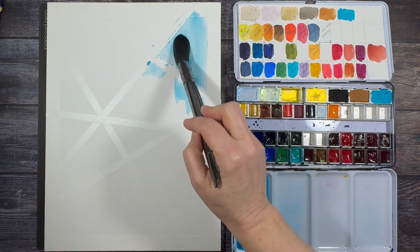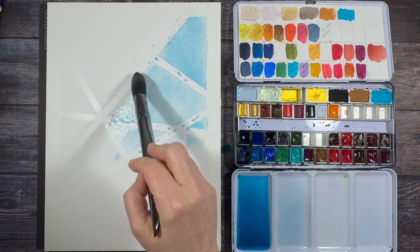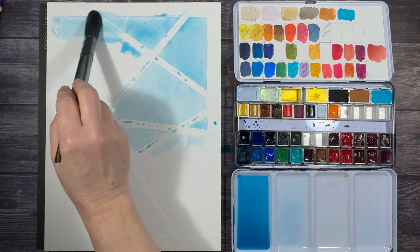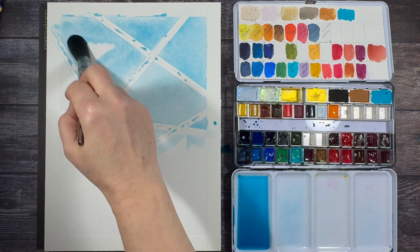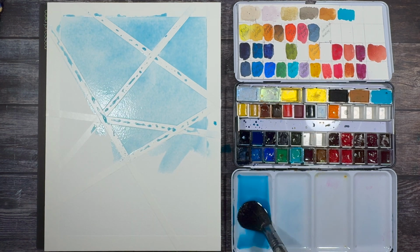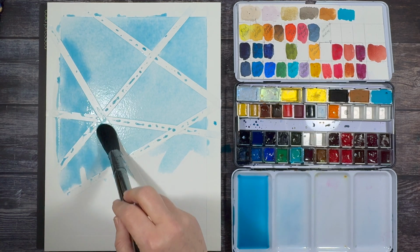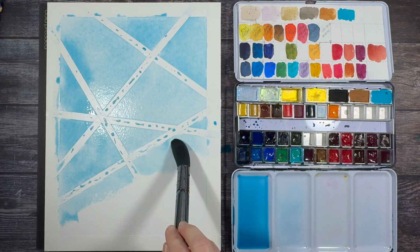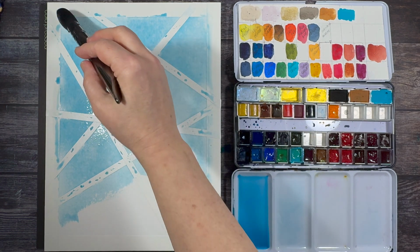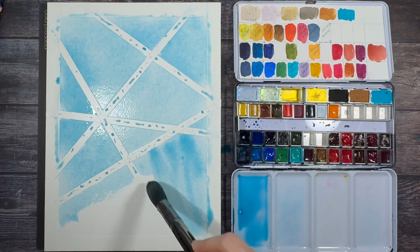Before starting my process, I had the idea in mind that I would be working with Phthalo turquoise, probably some quinacridone burnt orange, or deep gold, and also possibly some olive green. I love the combination of these colors. I find that they look really, really nice together, and I was sort of picturing something in my head. But then I started my process by covering most of the background with the turquoise color, and